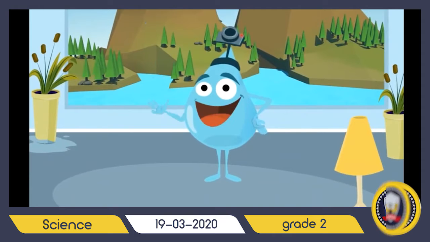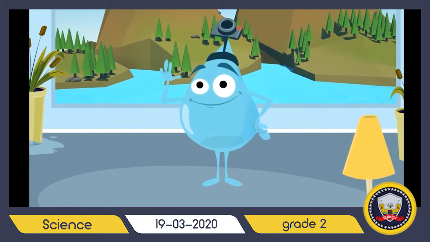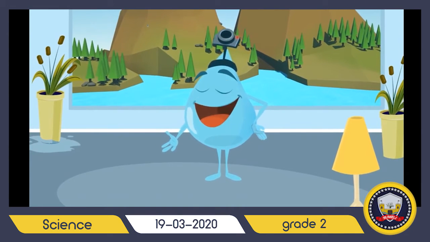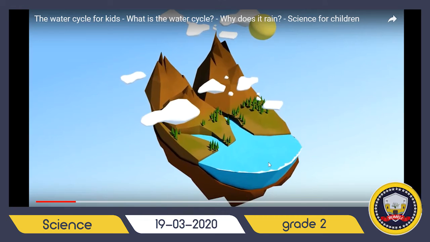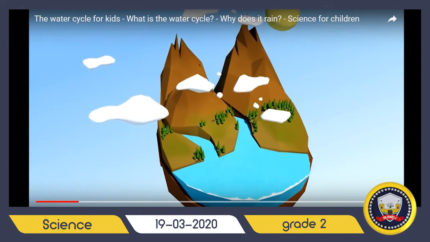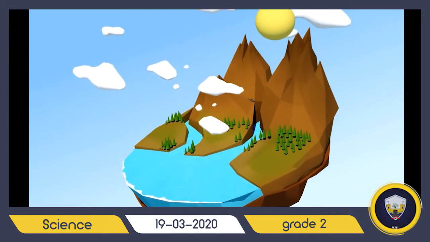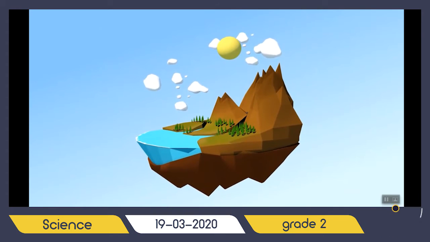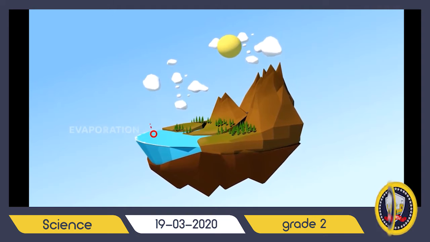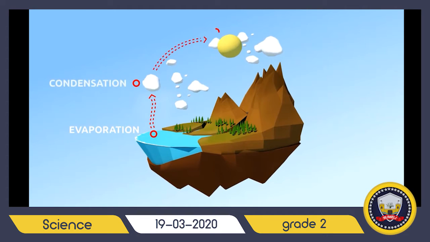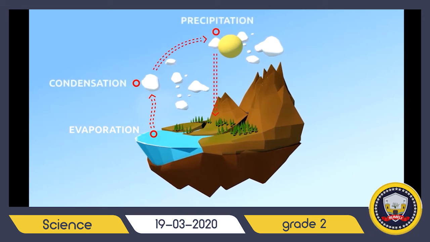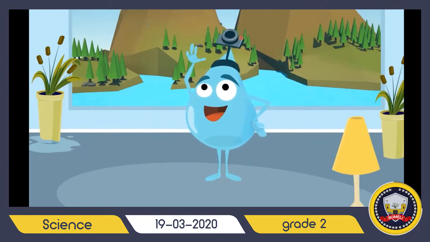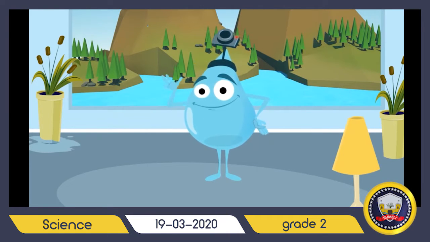Hello, friends! They told me you don't know what the water cycle is. Is that true? Don't worry, I'll explain it in a jiffy. I know it by heart. I've traveled the water cycle many times. The water circulates around the planet through the seas, the land, and the sky. All this happens thanks to solar energy. There are 3 stages in the water cycle that I'll explain along my journey: evaporation, condensation, and precipitation. You can't travel with me, but we'll be in touch through this camera, so you'll be able to see the whole process of the water cycle, alright?